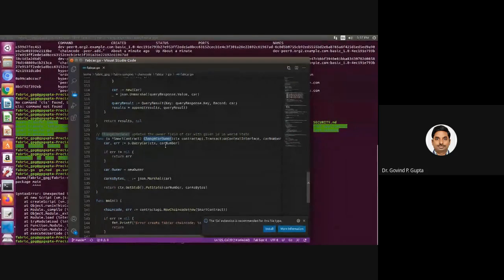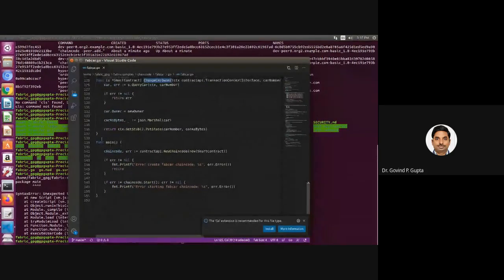Here I want to make it clear: there are two types of storage in Fabric. One is the persistent, immutable storage, like the blockchain, where all the historical transactions are stored. The second one is your world state, a memory pool which works as a cache memory. Before committing the transaction, we put the endorsed transaction in the world state. And the world state is not immutable.